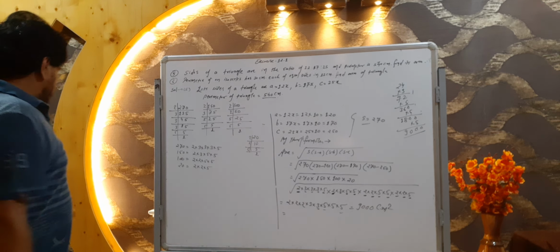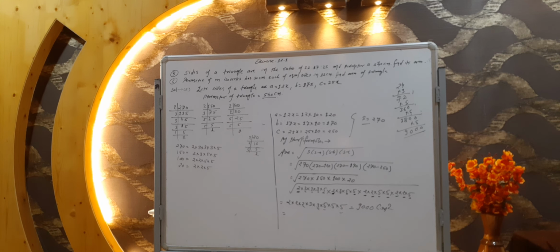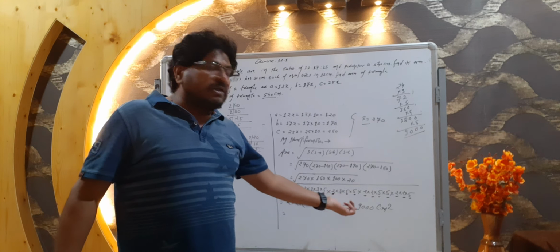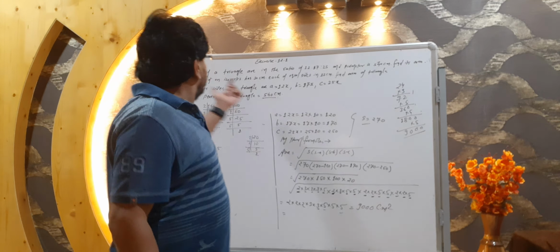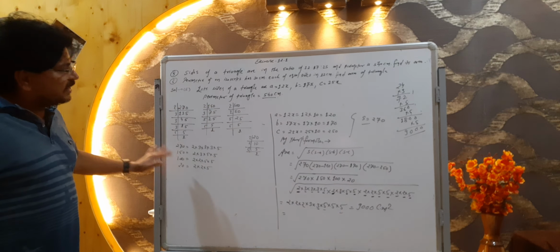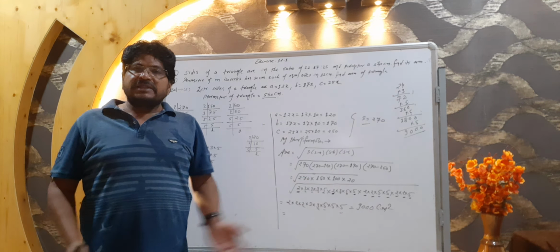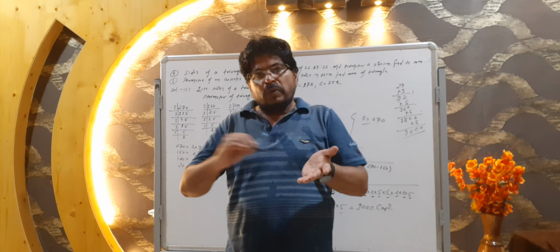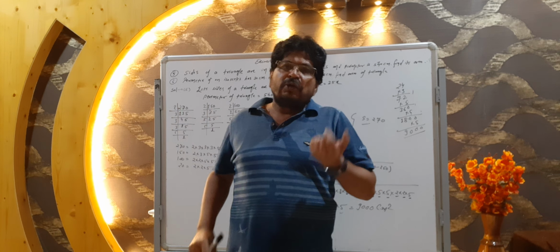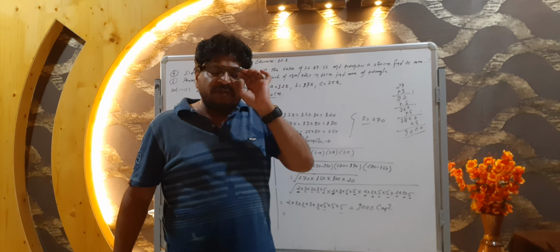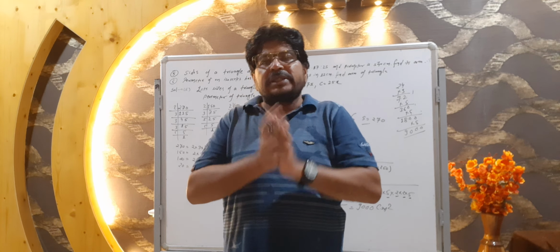9,000 square centimeter. See, watch this full numerical carefully, each and every part, very properly. I don't think there is any problem here. So this is the answer to our question number 5. I tried each and every step very systematically. All the steps you can understand easily. Don't worry about copying everything from the board. I will send you the proper PDF of every numerical, so don't worry about the solution. With the help of this video, you should try to understand the concept only.